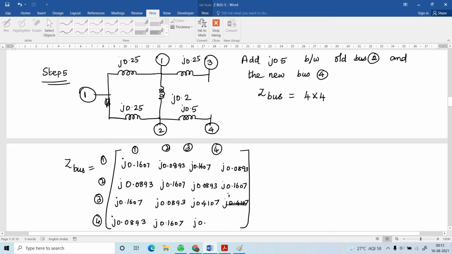Here the second element is J0.0893. And next find out Z44. How to find out Z44? 2 and 4 are connected together. So Z22 plus ZB. What is Z22? Z22 is J